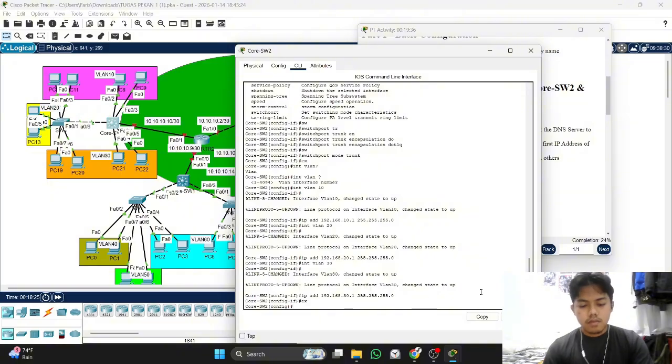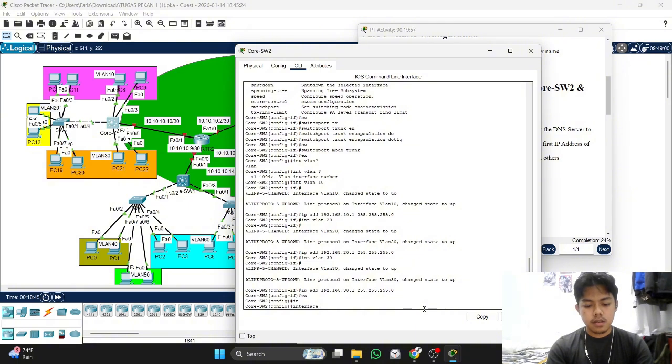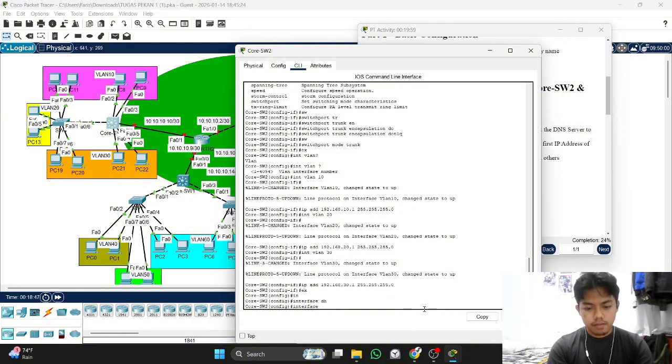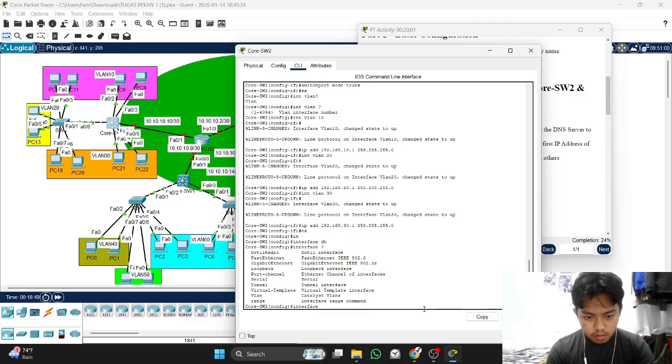next we will configure the DHCP pool, because this MLS is what we create as the DHCP server. You write interface. Oh no, that's not interface.